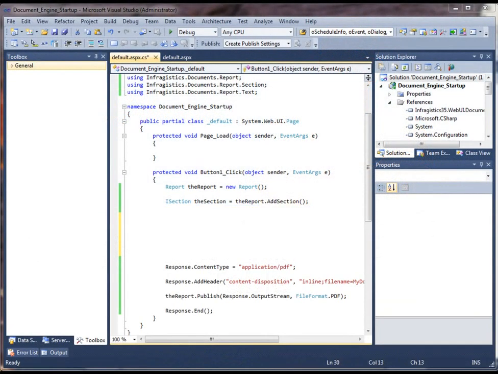In this video, I'm going to show you how to add a table object within your document. This video builds on top of a previous video that showed how to get started, how to instantiate a report object, and how to publish the report and dump the report into the output stream of an ASP.NET application. So building on top of that,